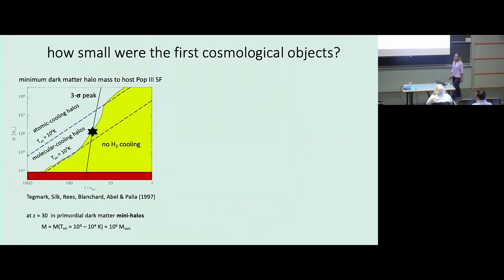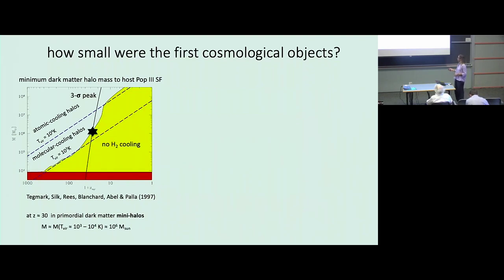So I will start from a historical perspective on this problem, and the very first question that we want to answer is: how small were the first cosmological objects? This was actually the title of a seminal paper written by Tegmark and collaborators back in 1997, where, following the evolution of density fluctuations with a detailed understanding of the physics of molecular hydrogen, they tried to constrain the parameter space in terms of critical dark matter halo mass that could host the first stars as